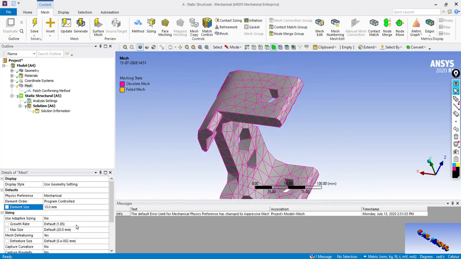As we know, the growth rate defines the growth of one element to the next element. Here 1.85 is defined as 85% of the element size will be increased for every next element.